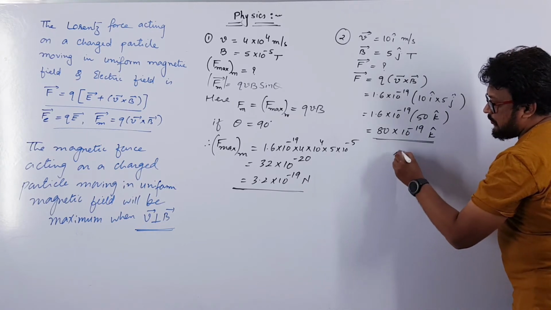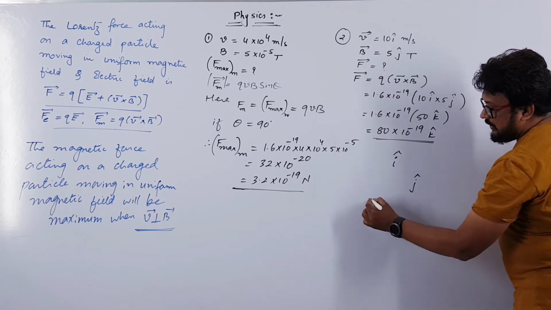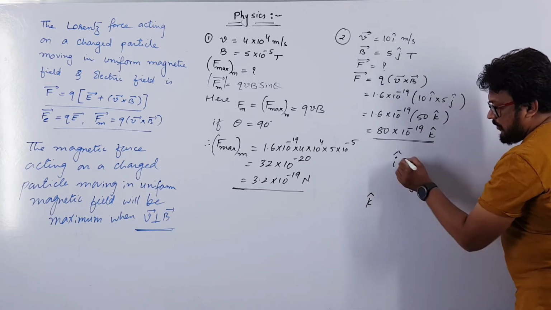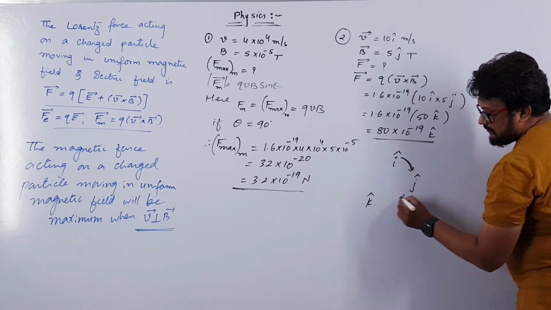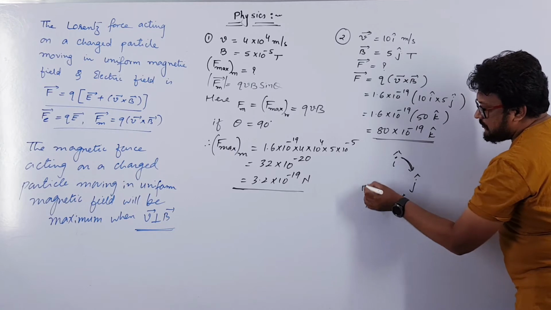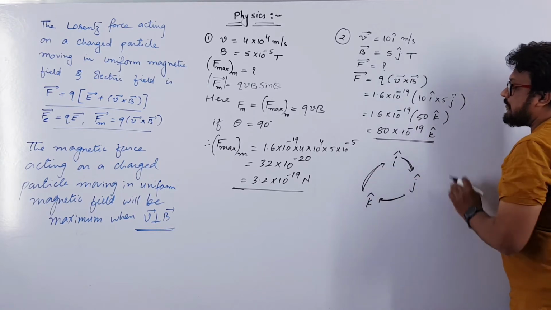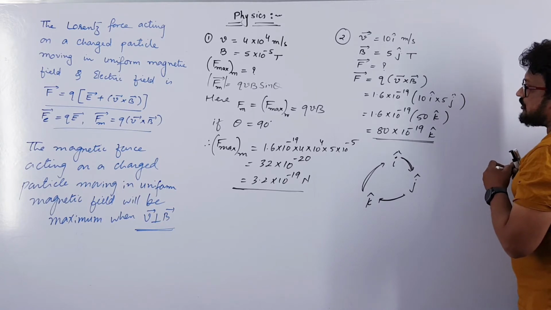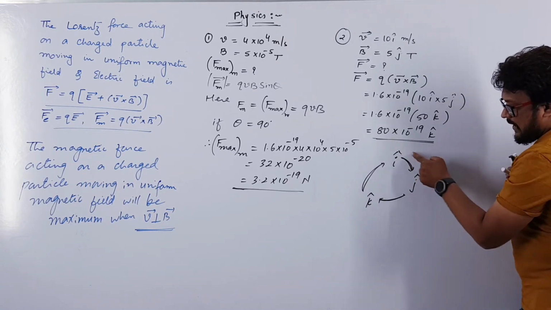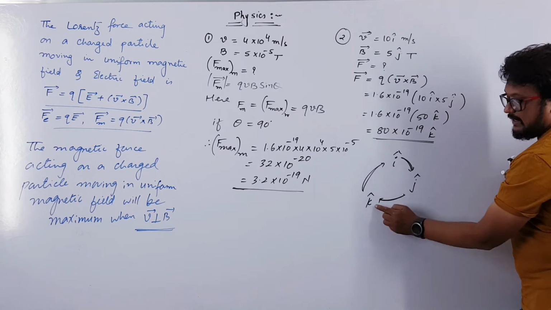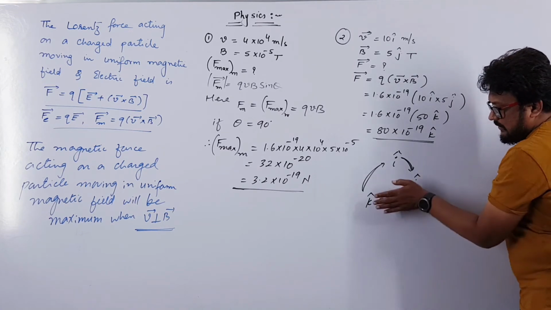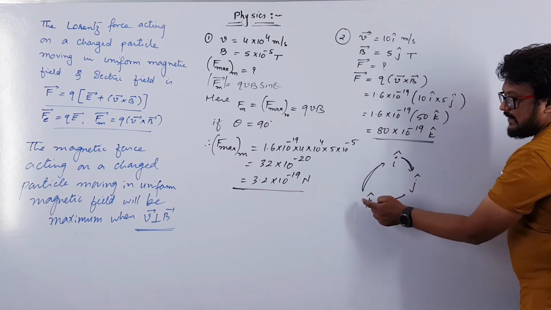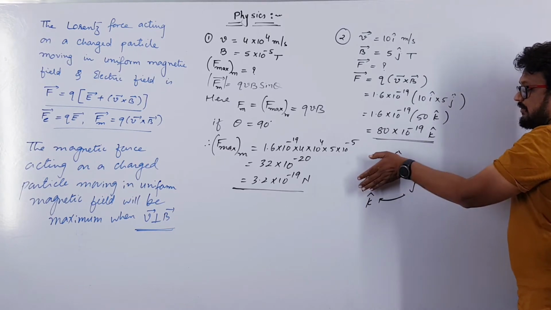Look, unit vectors I cap, J cap and K cap. If you are moving in clockwise direction, this cycle you have to remember, right? If you are moving in clockwise direction, it will be positive, and anti-clockwise it will be negative. Now, we want to find I cross J. I cross J, hide this, is K. J cross K, if you hide J, it is I, and K cross I will be J.